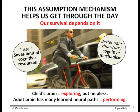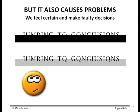I prefer having this better safe than sorry mechanism than not, right? I don't want to shut it off. It's a great mechanism to have, but it causes problems. We feel certain, and we make faulty decisions. If you read the top line, what does it say? Isn't it cool? You can't even see the total letters, but you can read it. That helps you get through life. But if you look down below,